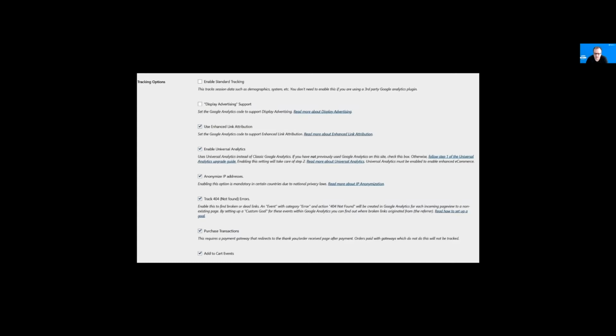So if we were going back before and we were tracking different events like download events and affiliate events, what this does is it tracks how many add to cart events there are. So if someone clicks the add to cart button, an event will register in Google Analytics, and you'll know that, okay, on Tuesday, the 25th of October, we've had 200 people click the add to cart button. If you want to look a little bit further into that, you can say, okay, from those 200 people, 50 of them have come from Facebook, 150 have come from Google, and you can sort of go back that way